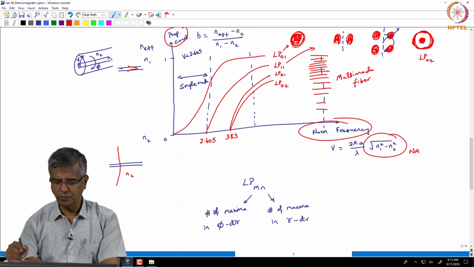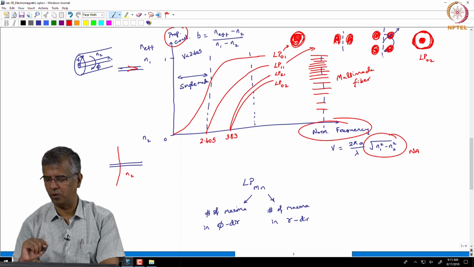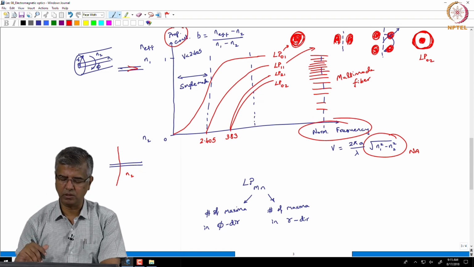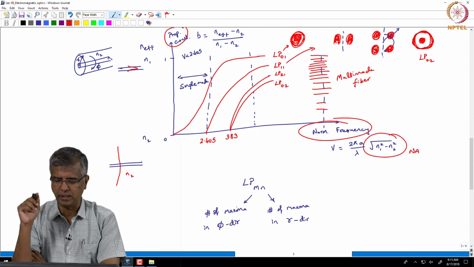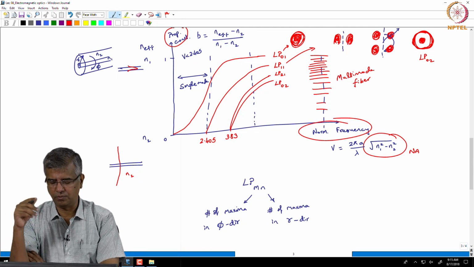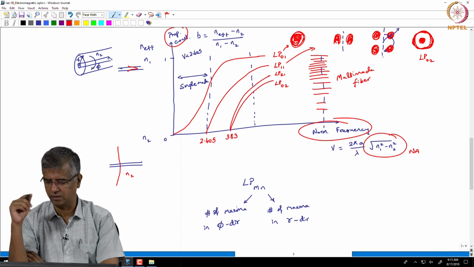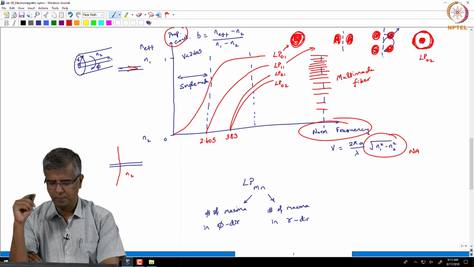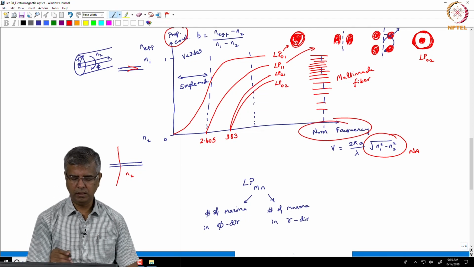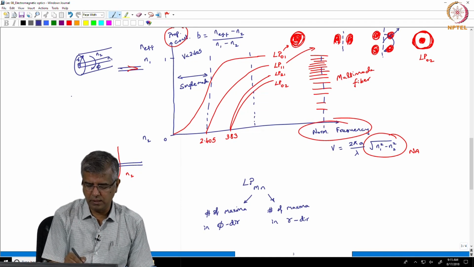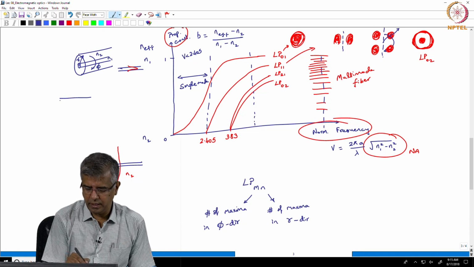So, that is why these are called linearly polarized modes. But again, to understand the actual structure, we need to solve the entire wave equations, which we are not doing as far as this course is concerned. Okay. So, one thing that I would also mention is, if we are considering a very